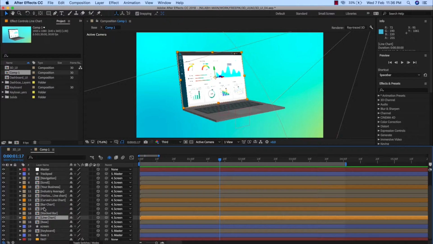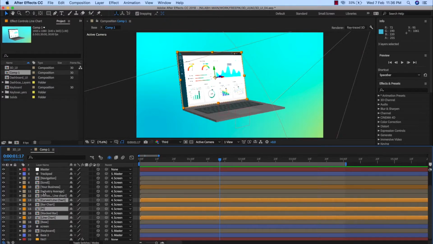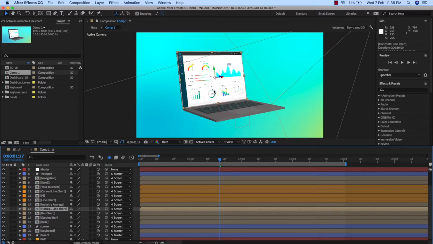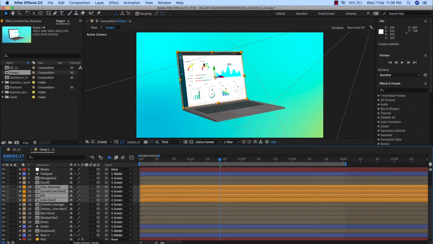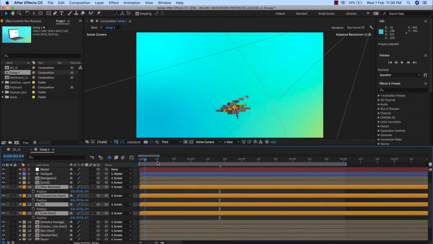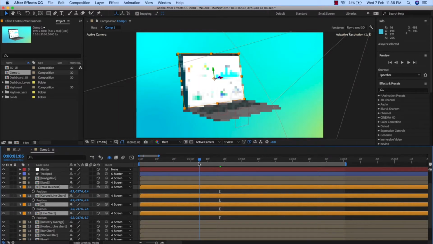So what I'll do is I'll bring them all closer together. I'll just select that and bring them all up so that they are beneath each other. It's not going to affect anything here because they are already on top of the white space and the UI. So after we're done with this, let's press P on the keyboard to bring out the position values. And when the laptop is opened,